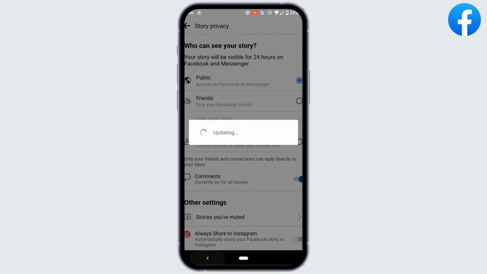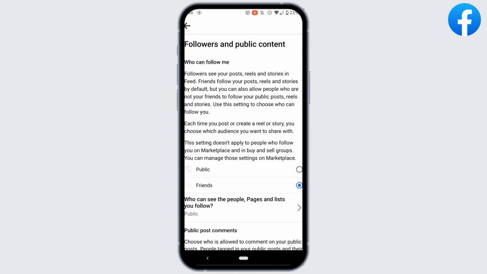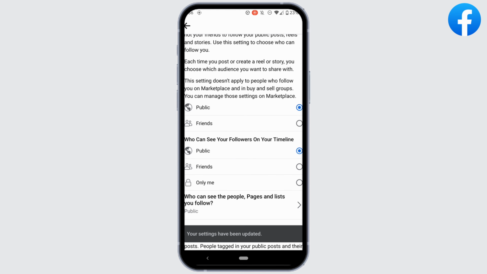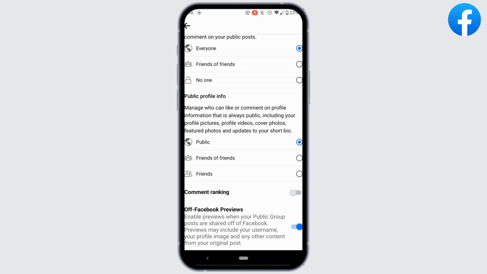Now once again go back and head over to Followers and Public Content. Apply the settings to public. Right here you need to make sure that all the settings are on public. So this is it, and this is all you have to do in order to convert your Facebook friends into